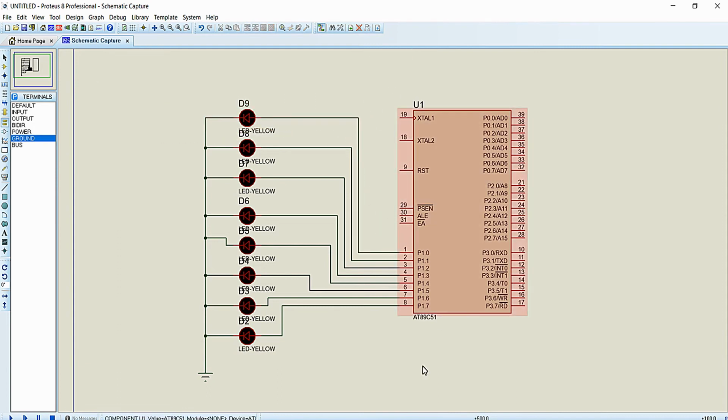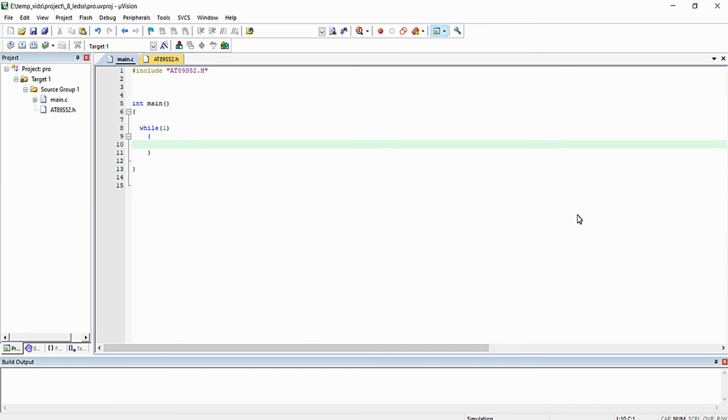So let's try to write this logic. In the beginning, I'm just going to write down the delay function first. Void delay of unsigned int d. Inside this delay, this is just a rough delay, so I'm going to use only one while loop.